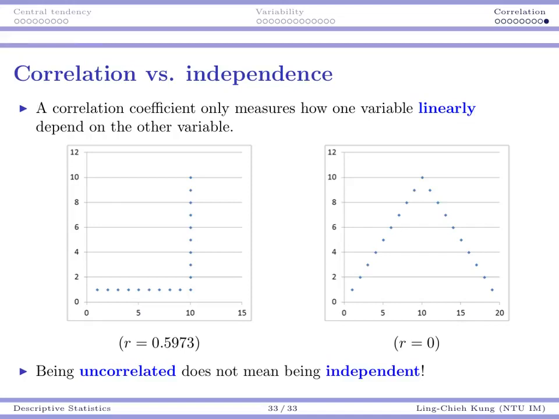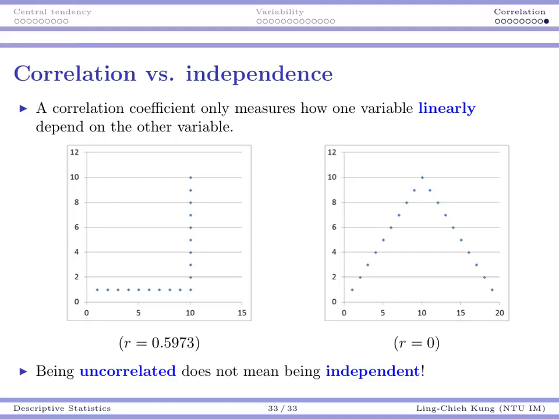Also, in this even more extreme example, you have data points (1,1), (2,2), (3,3), (4,4), and so on up to (10,10), and then (11,9), (12,8), and so on up to (19,1). If you calculate the correlation coefficient, it would be 0. You may want to try it at home, but indeed you will get 0. So what does that mean? When two variables have a strong nonlinear relationship, you probably cannot see it